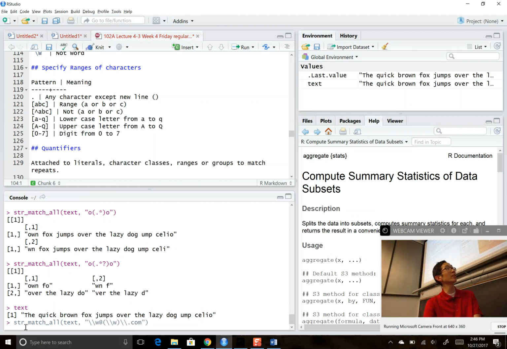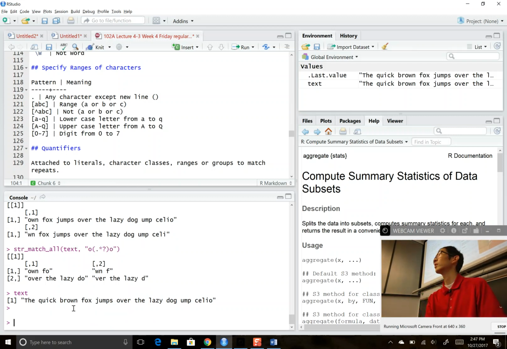And this will be anybody with a .com email address, so we won't get UCLA.edu's. But this part will basically say, I'm only interested in the part that comes between the @ sign and the .com. The parentheses here indicate the capture group, saying I only want the stuff between the @ sign and the .com. This is what we want, and then it will pull that out when you do a string match